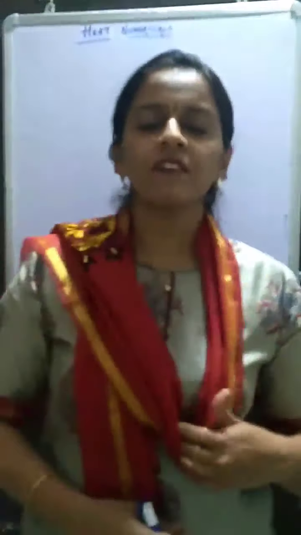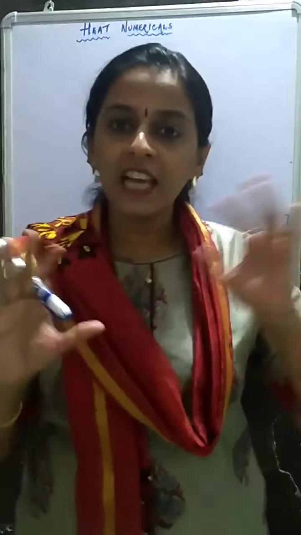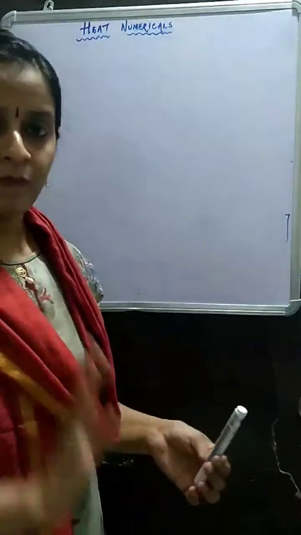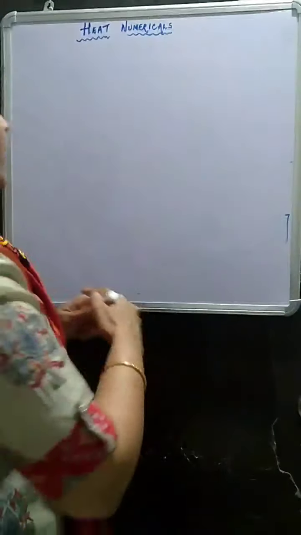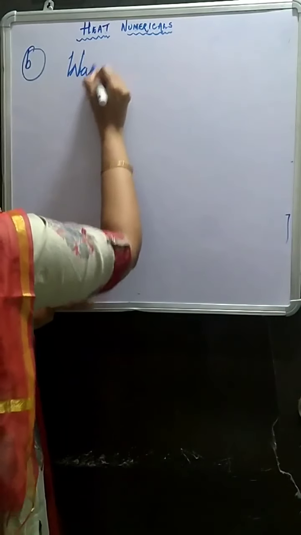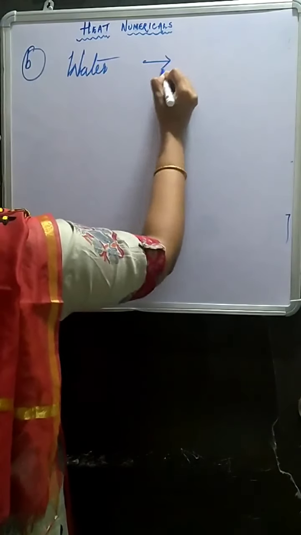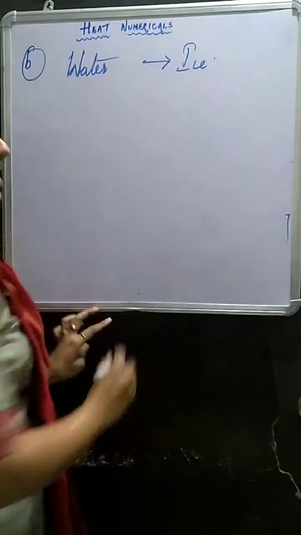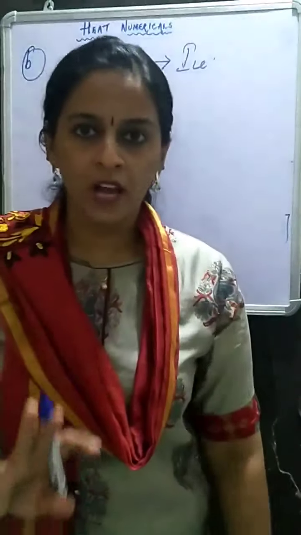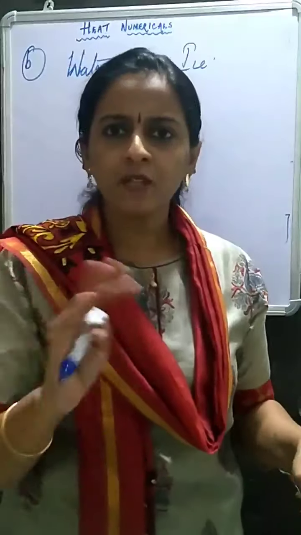Okay. Now what is given in this question? Liquid ammonia. In ice factory, liquid ammonia is used to convert water into ice. So now our focus should be on this. Water into ice. Okay. We want to convert water into ice. Now will water be directly converted into ice? No. You have experienced it. No.